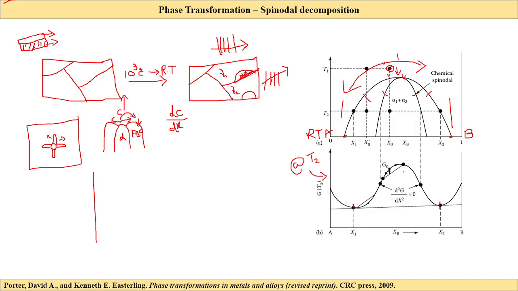Also the maxima here, and we have one inflection point, two inflection points, sorry. So these are two inflection points. Now why I am saying inflection points, because the double derivative of the G is 0 there. That means the slope, the dG by dx,